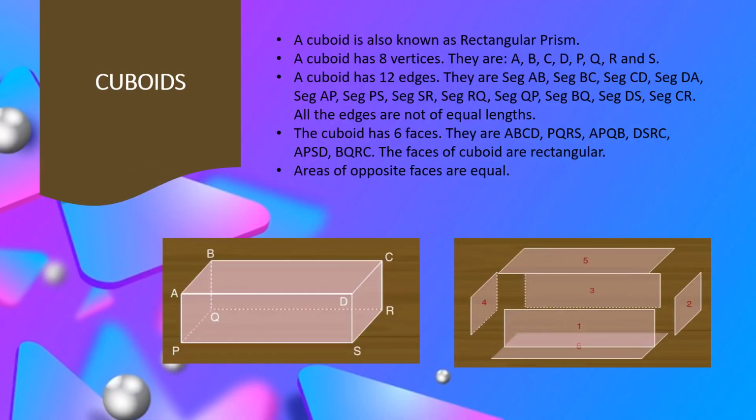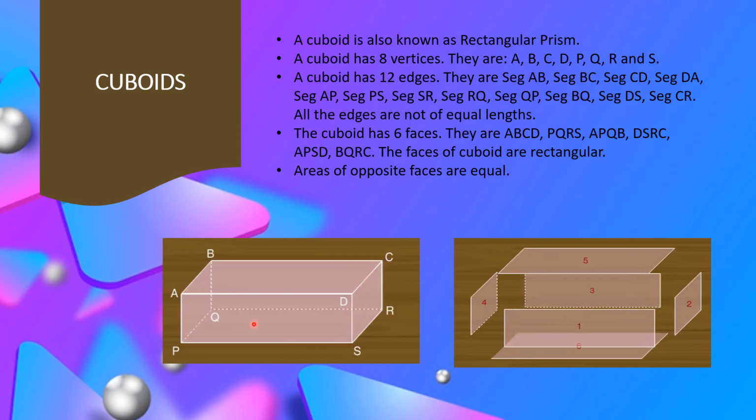This cuboid is also known as a rectangular prism. Why? Because it is in rectangular shape. Now in cuboids, all the faces of a cuboid are rectangular. Even its opposite faces are identical, or congruent, we can say. Identical means almost similar. I'll show you. See, this one is identical to the below one. See, ADSP, this face which is next to you, is congruent to BCRQ. Now ABQP is congruent to DCRS.